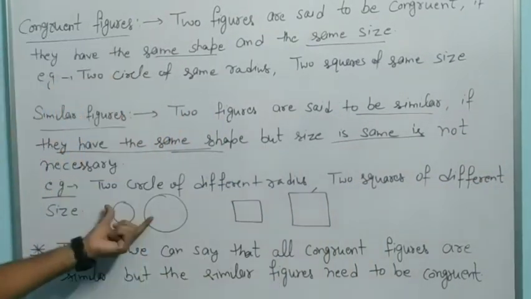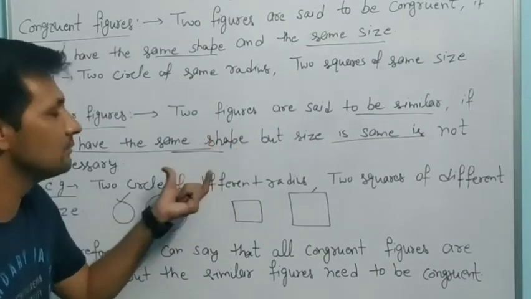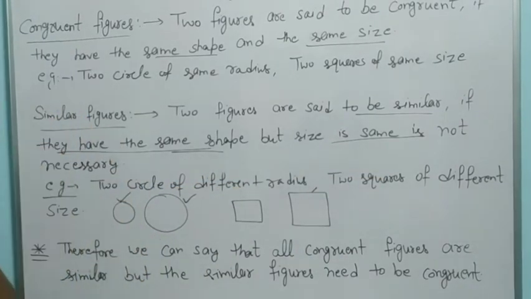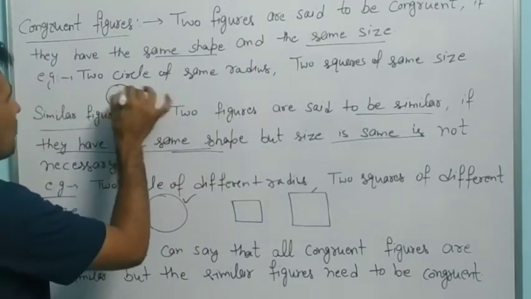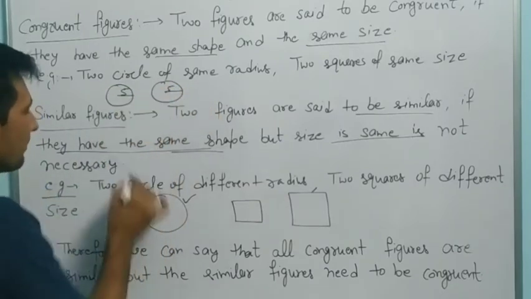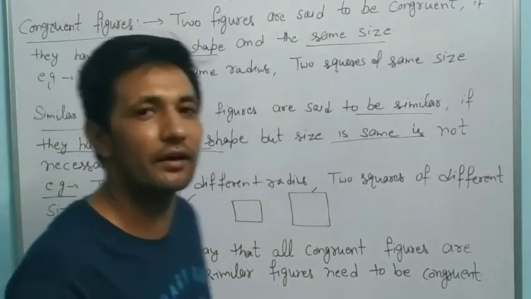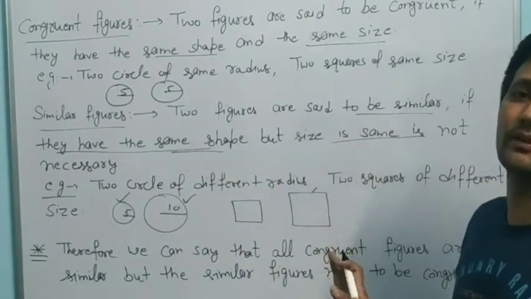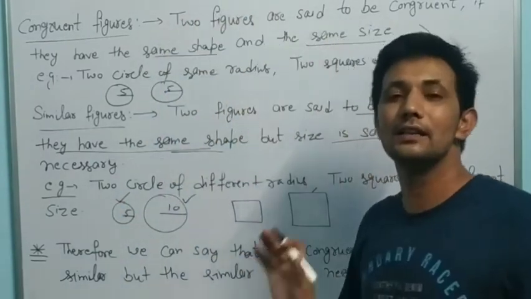Okay, dear. Take any two figures. It is one circle, it is one circle. Both are circles or not? Same shape, but size does not matter, dear. They are similar. But in the case of congruent, shape and size must be the same. It means both circles' sizes should be the same. Radius 5, radius 5. But here the radius is 10 and here the radius is 5, dear. The radius is different, so the size is not necessary. Maybe the same, or not. But in congruent figures, both are the same.